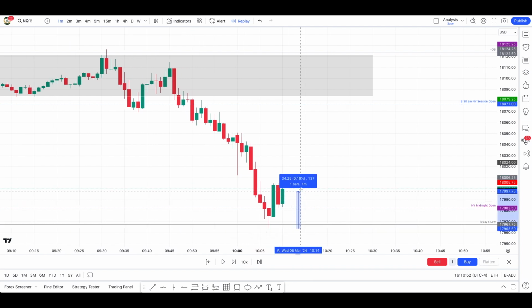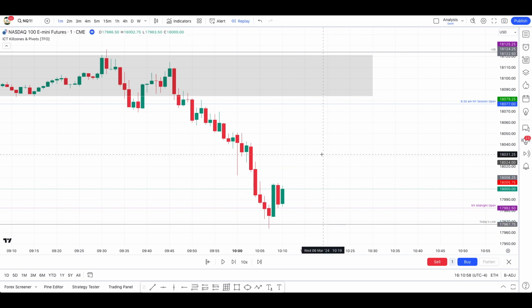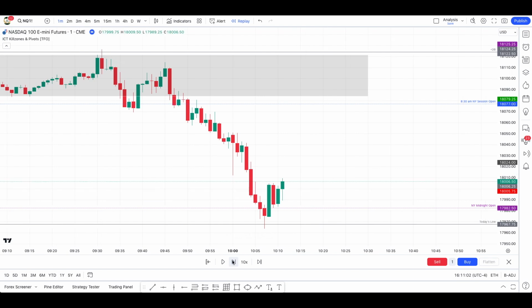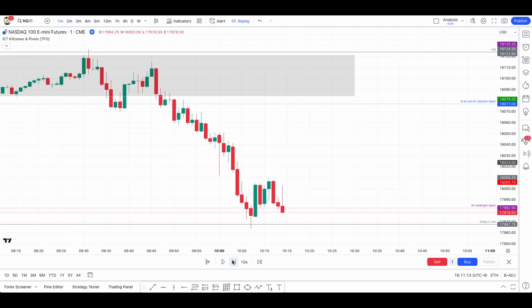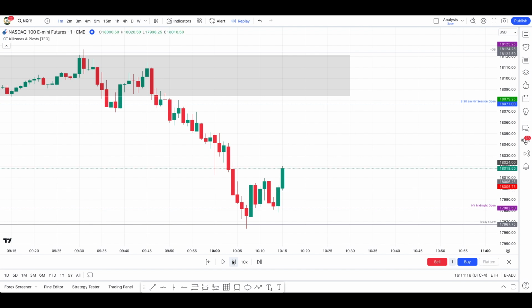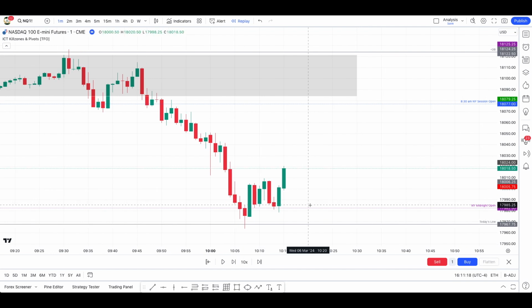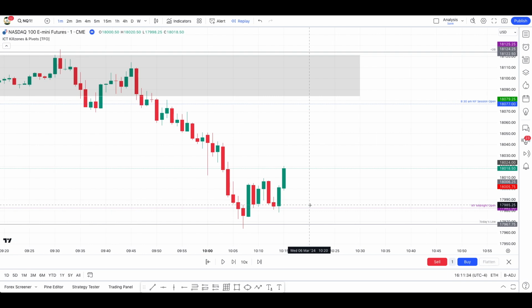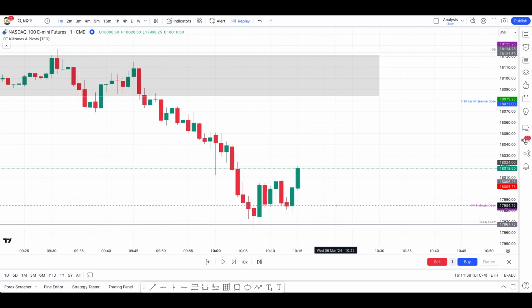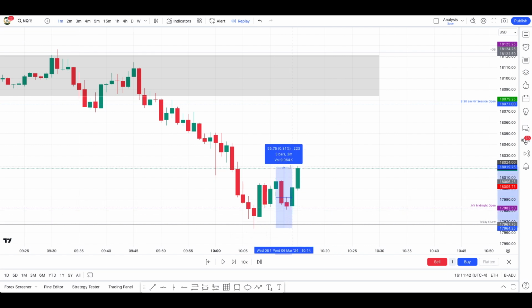You can just measure the displacement after we sweep a level and then put it in your journal. And I think it's good practice. I would prefer people to find their own data and find their own things instead of just paying someone to give them their data, like I've been doing in my own Discord. Because you will be able to get data specific to you, data that you think is important, and then you will learn much more from your own data. This is why I've been also pushing my own members to do their own backtesting. They have my own findings, but I think it's better for you to get your own data and then learn from it. But yeah, let's just measure to see how much it is.